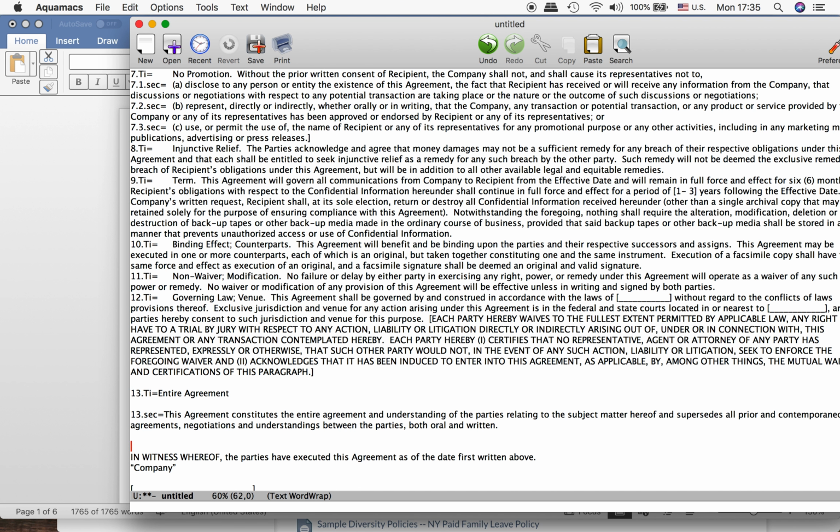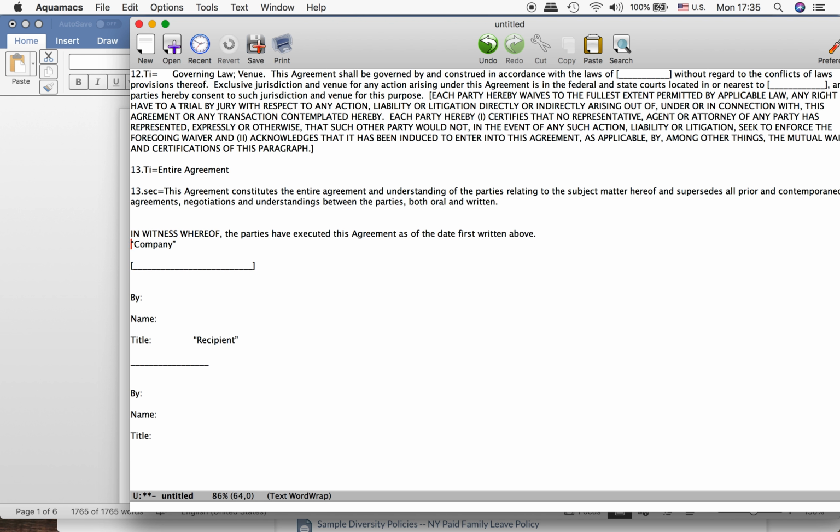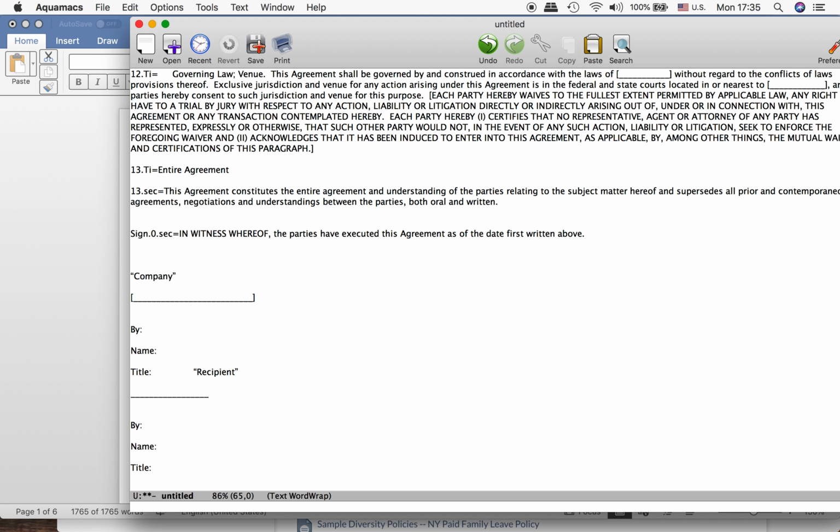And then we've got the "in witness whereof" and all the parties and all that kind of stuff. So this is the intro to the signature part. And now let's see if I've done this right, because what we'll do is we'll now have this